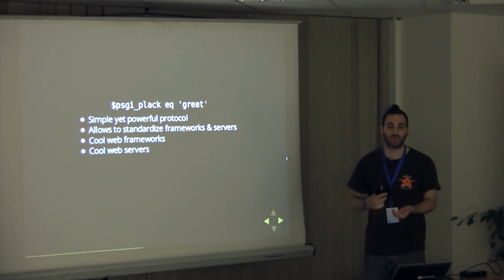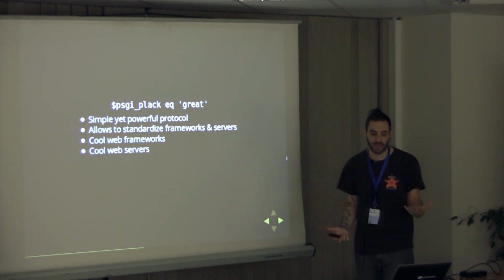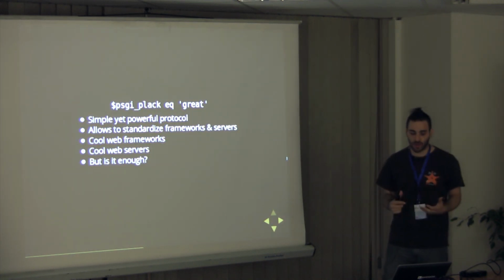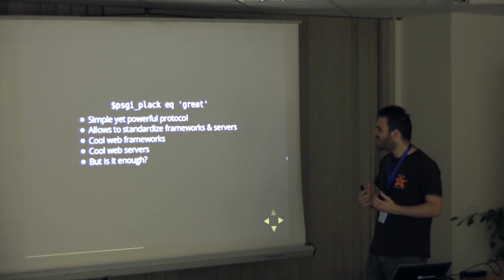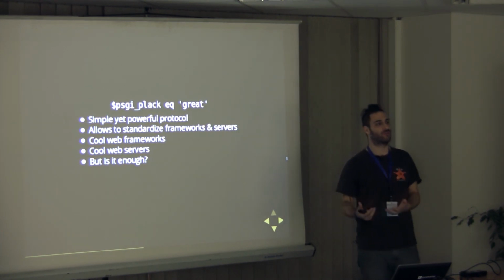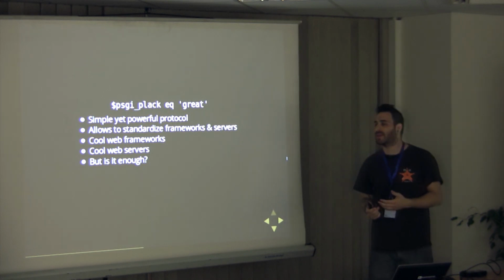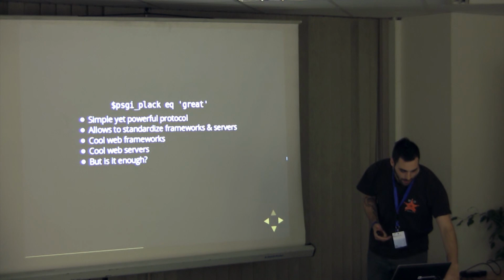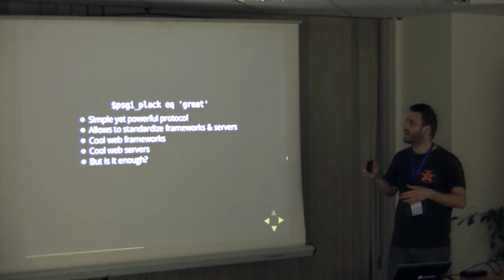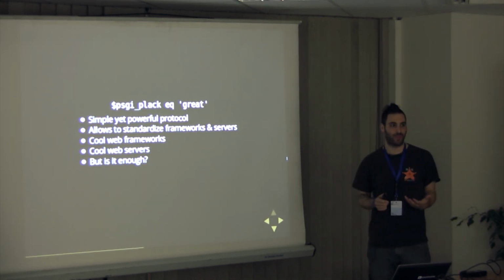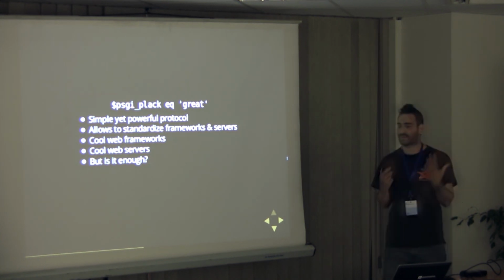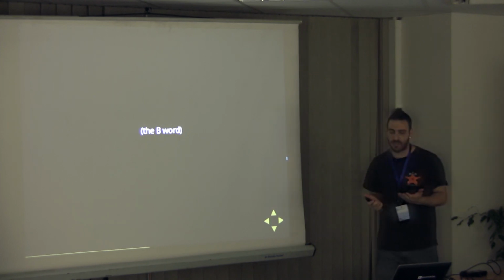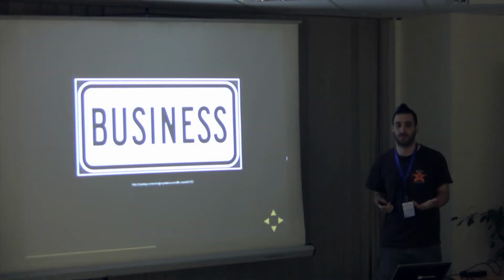So Starman, which is really fast. Twiggy, which is running an event loop. I wanted this for a really long time. The question, though, and this is the other part, is this enough to actually move to a new technology? If you're running on buzzwords, like, I don't know, Hacker News, you basically have a problem where cool is not enough. You can't run your entire company on the cool factor, because it all boils down to the B word eventually: business.